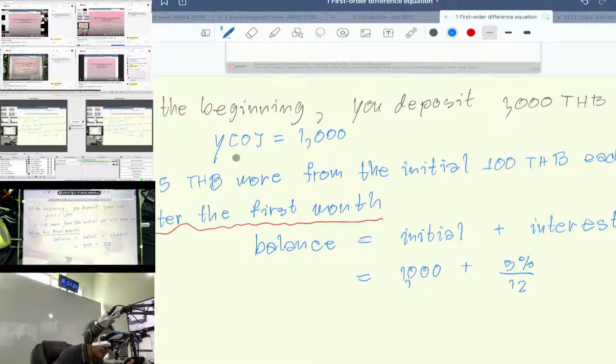5% is the rate for the whole year, for every year. But what we are calculating here is the result for a single month, not 12 months. Okay, so that's why we have to divide 5% by 12. Okay, 5%, or